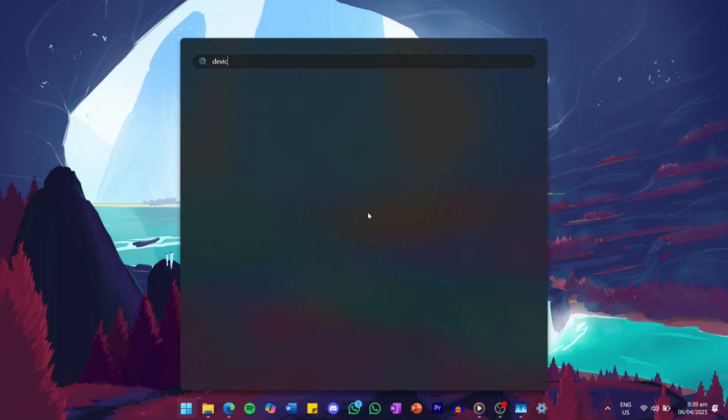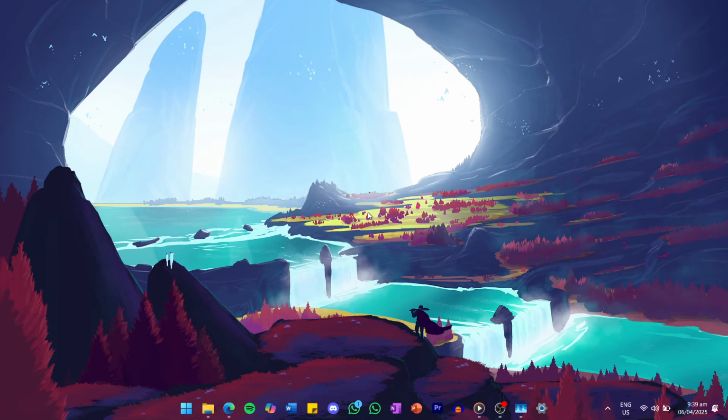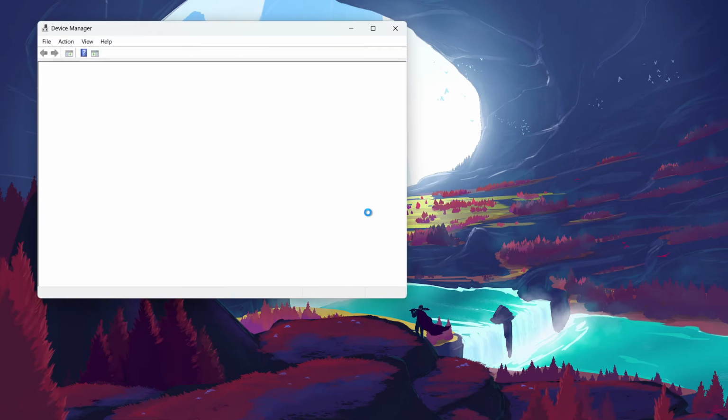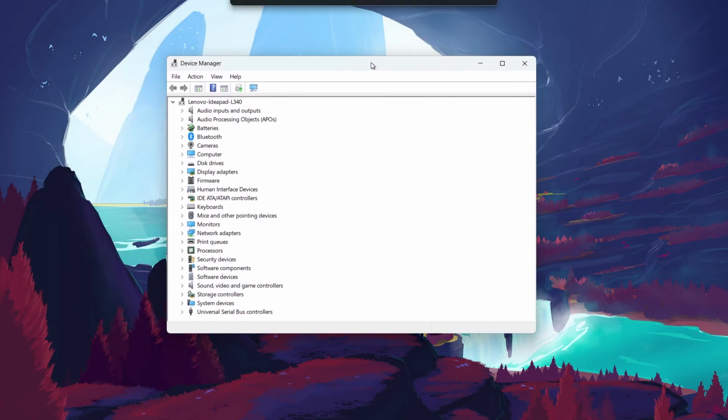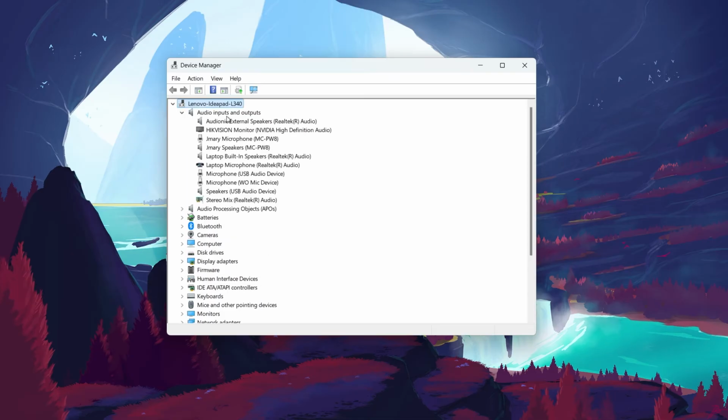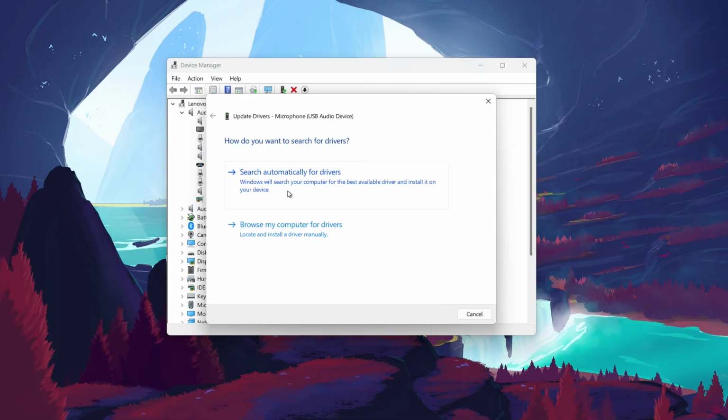Search for Device Manager in your Start menu search and hit Enter. In the Device Manager window, look for audio inputs and outputs. Find your headphones in the list, right-click on them, and select Update Driver. Choose Search automatically for drivers, or if you have the driver file downloaded, select Browse my computer for drivers and